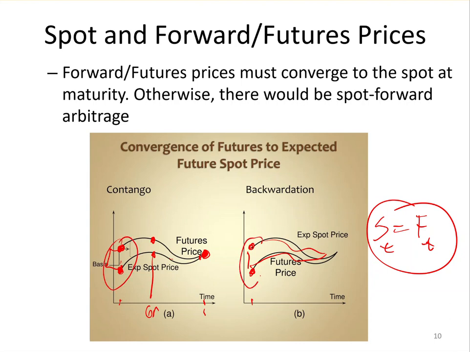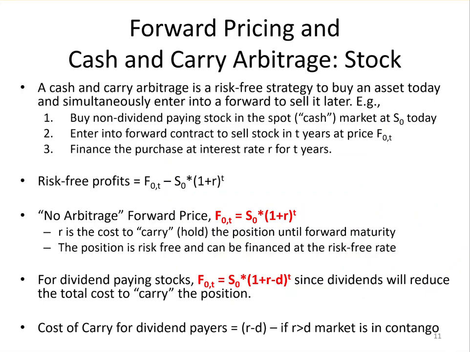Before maturity, they could be lower or higher, but at maturity, they converge. The forward or futures price converges to the spot price. So let's talk about how to calculate a fair forward price or futures price